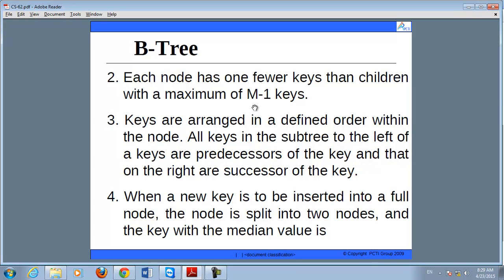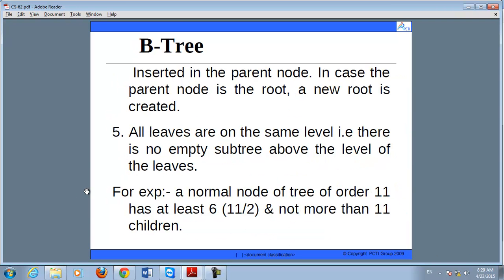That is, if the order is 4, it means the particular node can contain m minus 1, that is 3 values. Now, if the values are greater than 3, or you can say if there are 4 values or 5 values you want to insert, then what will happen? Whenever you insert a new value after the maximum limit reaches, it means आपने 3 values insert कर दिए, and whenever you insert any other value like 4, then the node will be split into 2 parts, and the median value of that node will become the parent node.